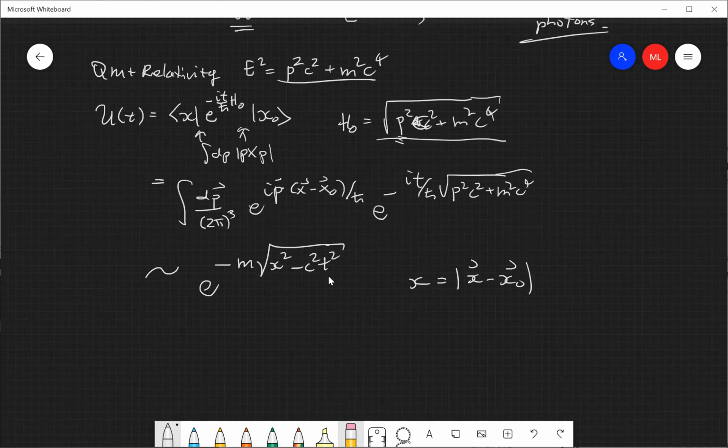If your initial position is here, you have some propagation in time t that is outside of the light cone centered at your starting position. So that has to be patched up. You can't have transition probabilities outside of the light cone. That's going to violate